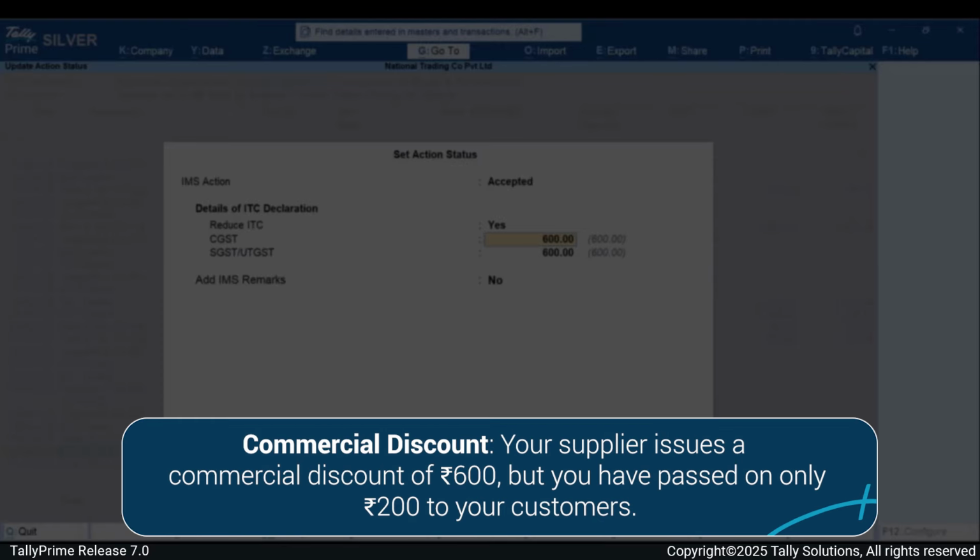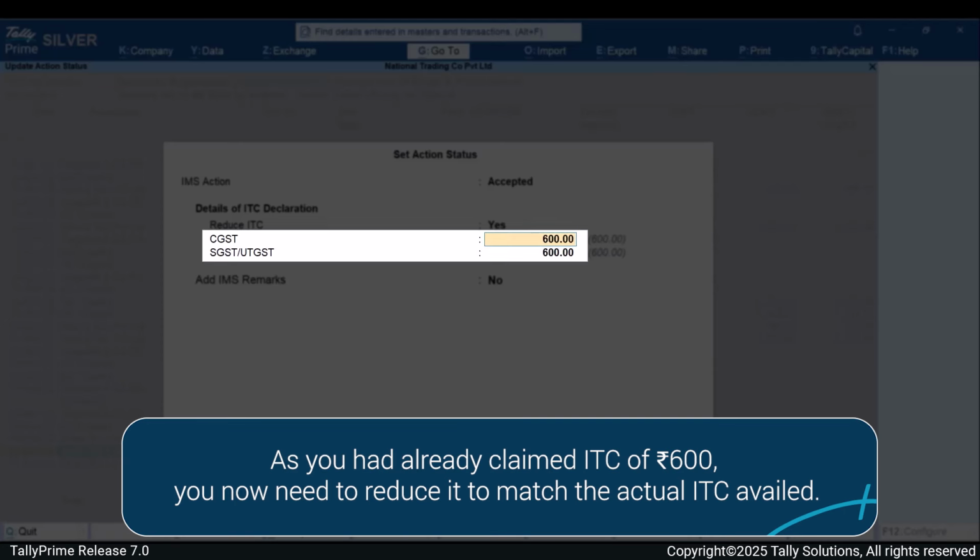Commercial discount. Suppose your supplier gives a commercial discount of Rs 600, but only 200 of this benefit was passed to your customers. However, you had accepted the ITC of Rs 600 earlier, which needs to be reduced by 400, as only 200 was availed by the customers.